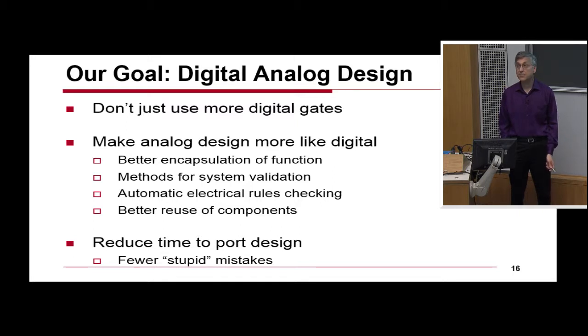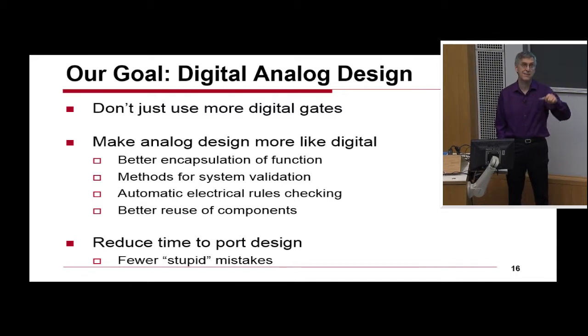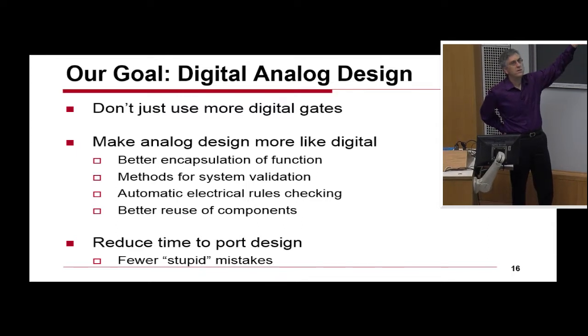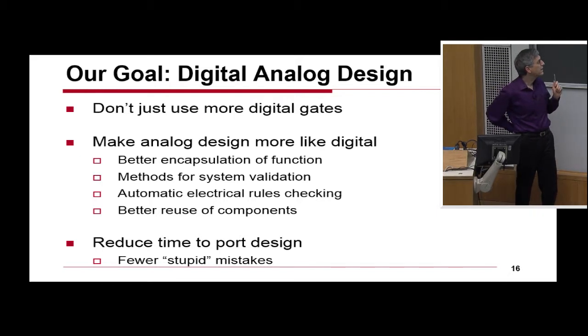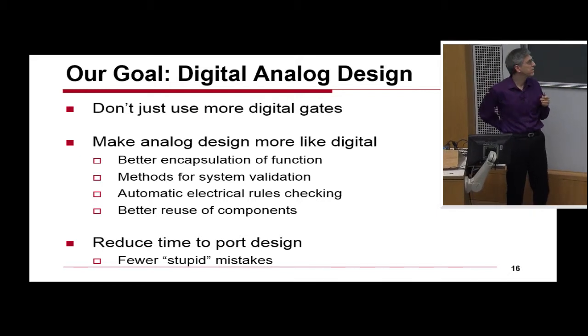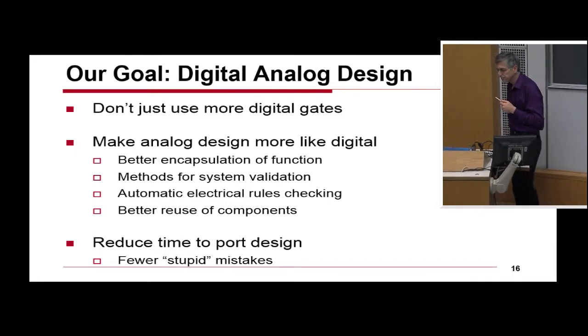And the reason they don't make the same mistake twice is when you make a mistake in a digital design, there's a whole team that gets put in place to figure out how that mistake could have possibly happened. And they write some tools to make sure that you never make that mistake again, and nor does anybody else. So when you tape out a digital chip, there is this whole long list of tape out checks that you have to run through, and you ask, why do I have to do this check? And it's basically because somebody didn't do that once and something didn't work. So how do we basically allow ourselves in analog design to prevent us from making the same mistake twice? And that is going to require automatic electrical rule checking, which is something that digital systems do. And ultimately, we want to enable us to do better reuse of components. Does it make sense?